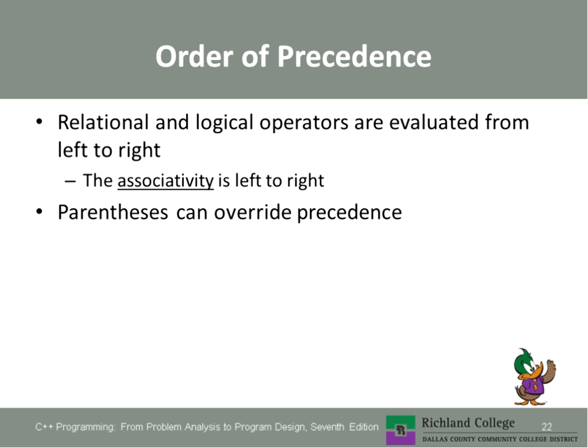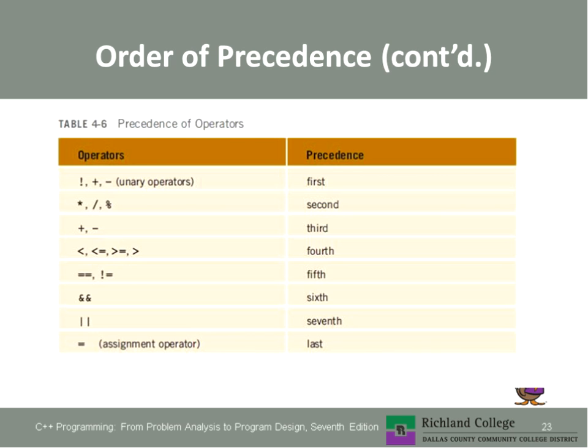And like with anything related to order of precedence, parentheses always override the default precedence. You can see that we still have the regular operator precedence: first the unary operators, then the arithmetic operators, then the comparison operators, then the Boolean operators,